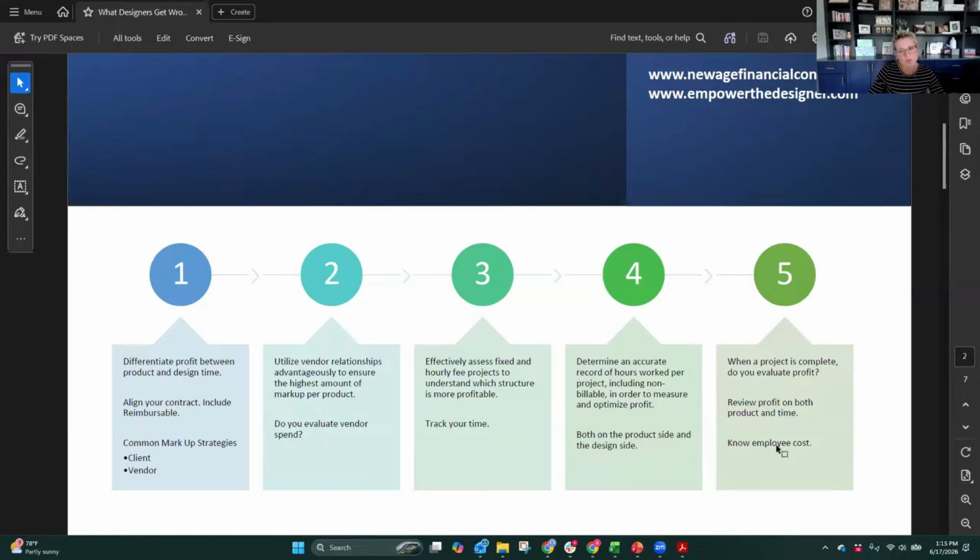I made a quick little note in here that says know your employee cost. So yes, we should all know our employee cost. How much is somebody's salary? How much are all of their benefits? Their benefits could include things such as medical, other health insurances, vision, dental, and employer taxes are obviously in there. And then even additional compensation, 401k match, 401k profit sharing, etc. So just make sure that you really know your all-in per employee cost.